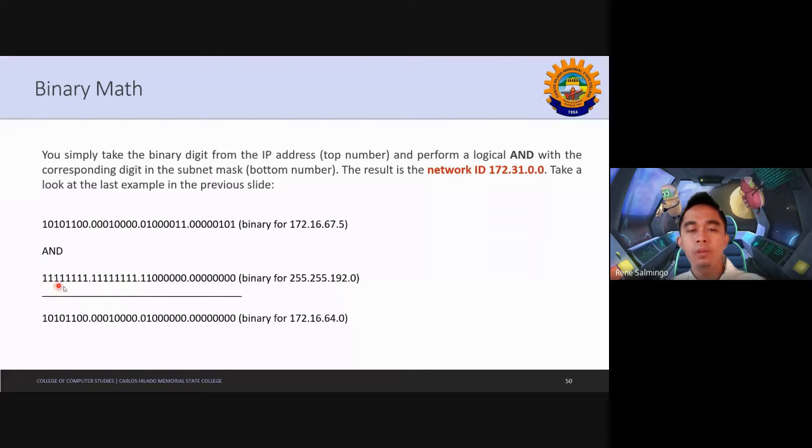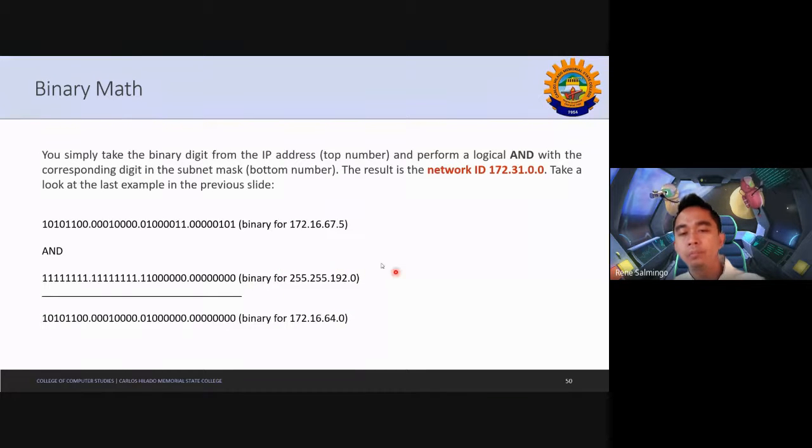All of it will be 8-bit, 8-bit, and this would be 8-bit, but you only have two 1s on the 8-bit, and this would result in 64, and your network ID would be this one. Okay, so this is the answer for your network ID